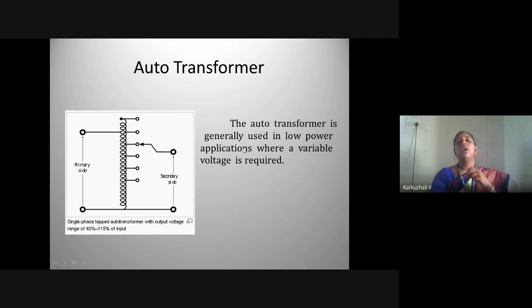Since a single winding is used, auto transformers are not mainly used for high powers, and they're used generally for low power applications with variable voltage. Since there are several outlets taken from the transformer, several outputs can be obtained from the auto transformer. There is no single voltage. Whereas in a high voltage transformer, one voltage value is converted to another voltage value, so normally you will have fixed values. But in an auto transformer, you can vary from 0 to 230 volts. The input that you give will be 230 volts, but the output that you can take can be 20 volts, 40 volts, 60 volts, or any voltage varying from 0 to 230. So for variable voltage and low power applications, you can go for auto transformers.